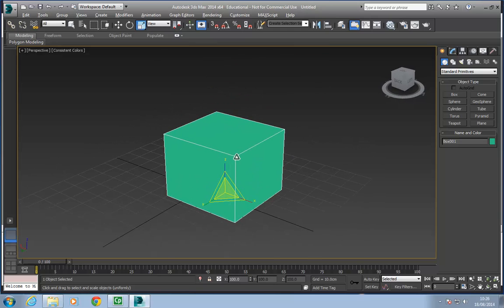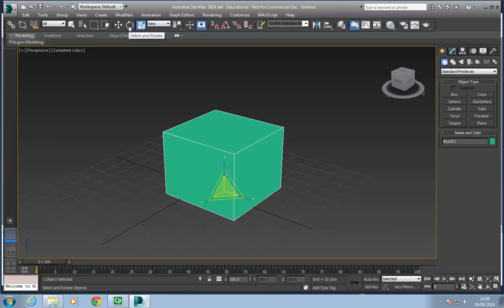I should mention that the scale gizmo actually has some extended features up on the toolbar here. So you'll notice that there are buttons up here that will bring up the gizmo as well. If I click on this one, it brings up the move gizmo. This one, the rotation, and this one, the scale gizmo as well. If I hold down my mouse button on the scale gizmo, it actually brings up a drop-down menu. The top two buttons here are pretty much the same when you're using the gizmo to transform, which we are. However, this bottom one will